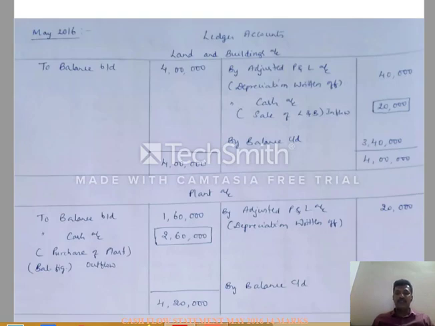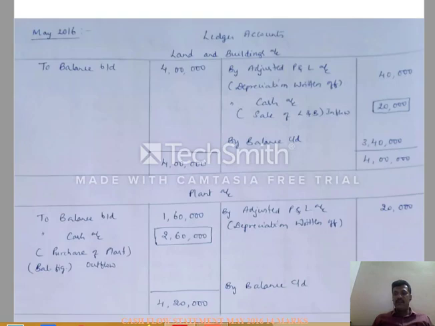On the credit side, we will get 4,20,000. We have to enter the same amount on the debit side, 4,20,000, and we will get a balance of rupees 2,60,000 on the debit side. That closing balance should be transferred to cash account, and that amount should be considered as purchase of plant. So because it results in outflow of cash, therefore we have to treat it as purchase of plant by the company.